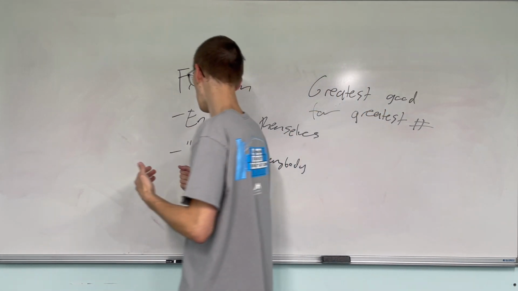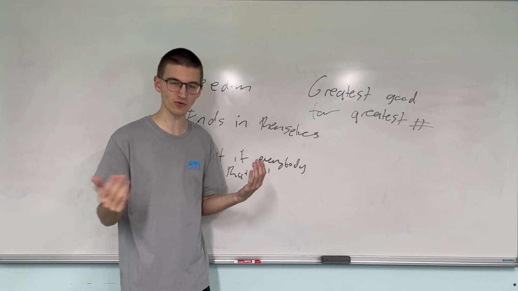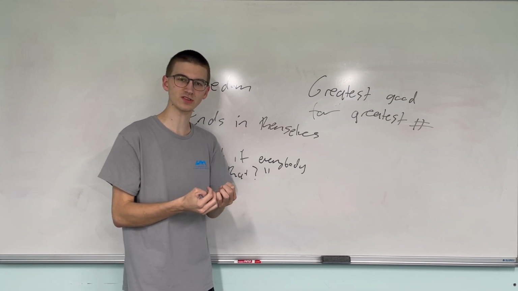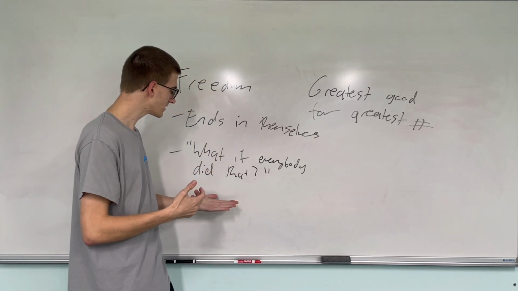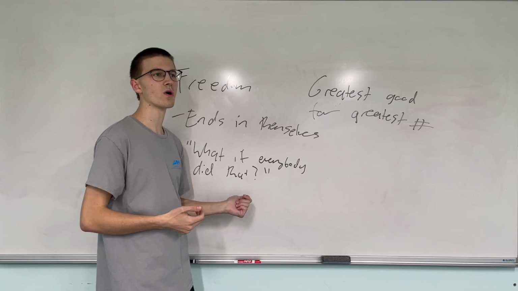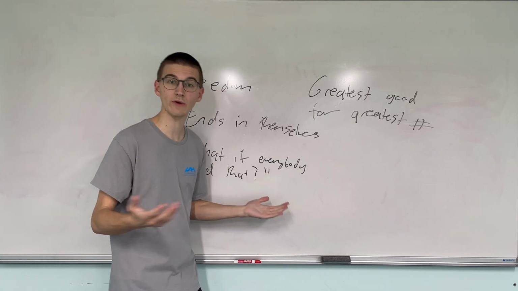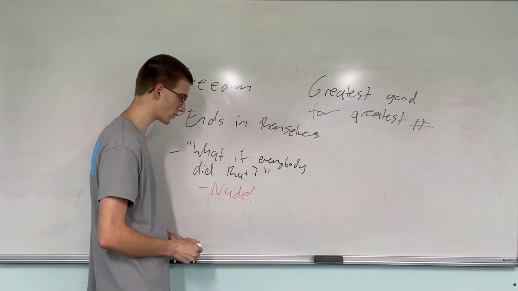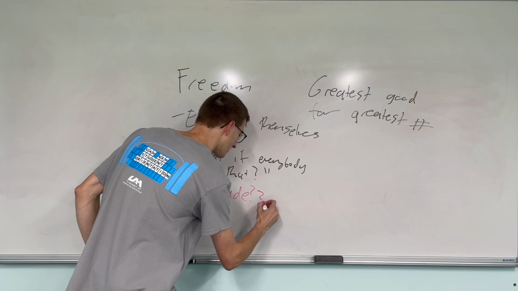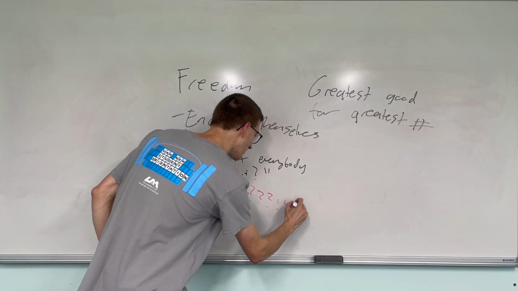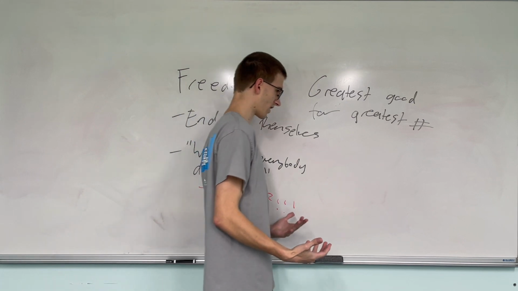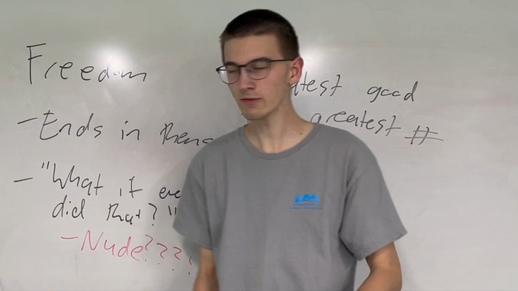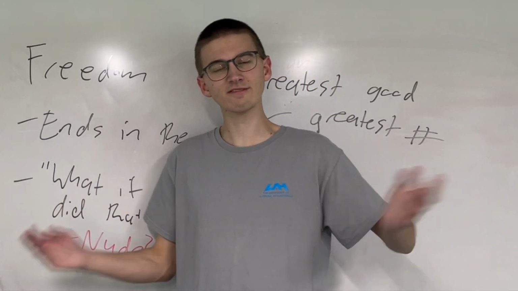So Kant would say, let's take dressing some kind of way, and this is one of the things that really brings out a lot of the problems with duty ethics: what if everyone went around nude? Kant would say, what if everyone went around nude? Here is where he would say, well, we couldn't function as a society. It would just be utter chaos, just like invading other countries.